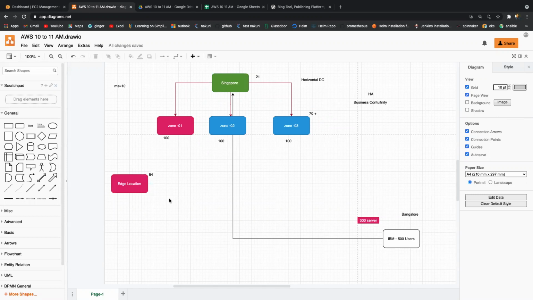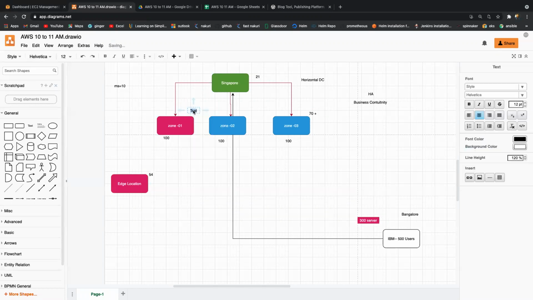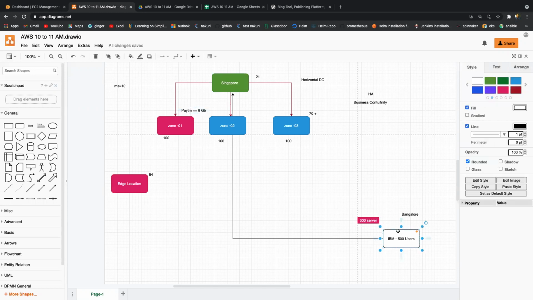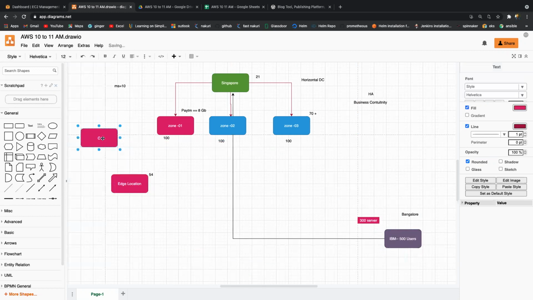Got it? Fine. See now, the Paytm application I just deployed top of this server. My entire raw data I have deployed here. My raw data size is around 8 GB, right? Around 8 GB we do have the raw data. So number of users, they keep on hitting your server. I'm facing the latency issue. How can we avoid the latency issue? Using by edge location. In cloud, we do have the components which it is called CloudFront.